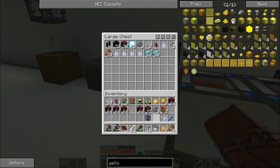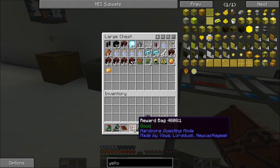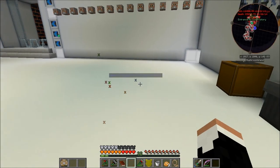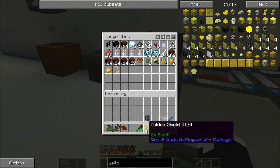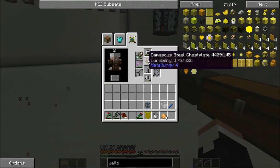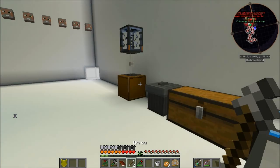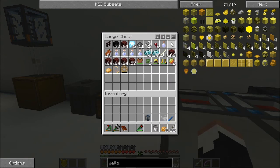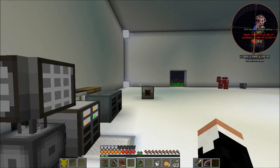Bunch of potions of swiftness. A couple good reward bags. Hey, look, a potato. A golden shield. A golden lasso with RW Tama's. Yeah. Okay, the golden shield is actually going to replace my current shield. May as well take the arrows out of it. Now, I don't know if this is going to follow the usual rule of golden equipment and be absolute shit, so I might need to change it, but...